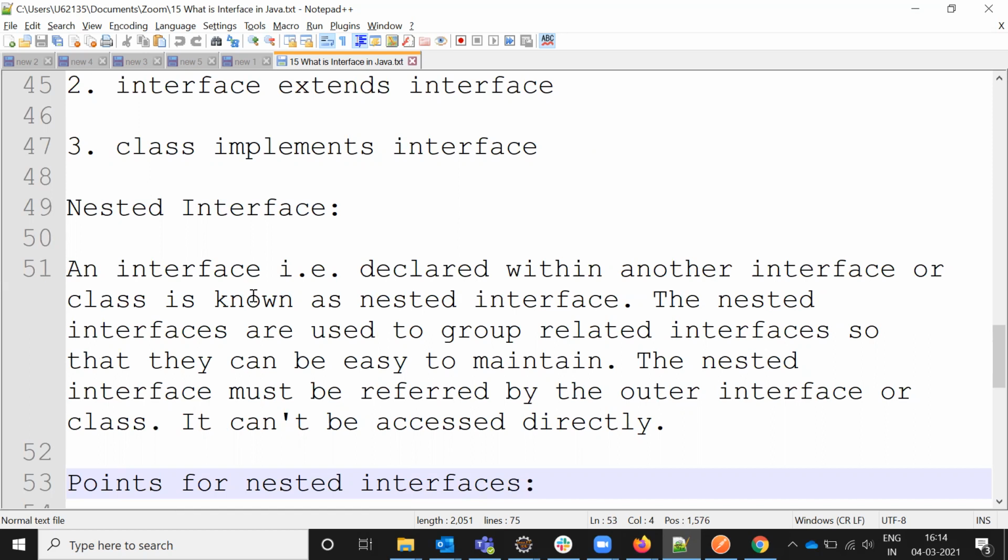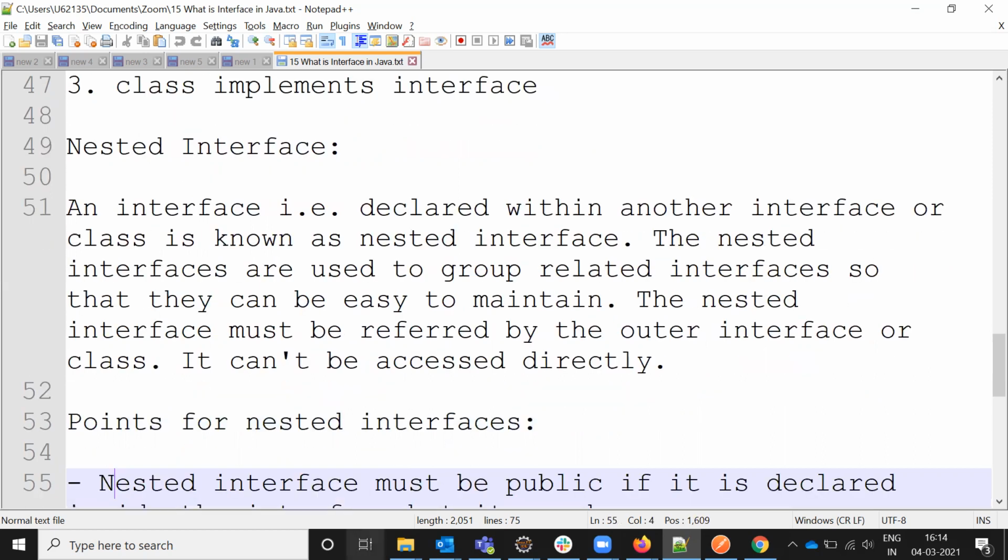Here we can also achieve nested interfaces. Declaring an interface within another interface or a class is known as a nested interface. Just as within a class we can create another class, in multiple nested classes, in the same way we can use an interface inside a class; that is called a nested interface.